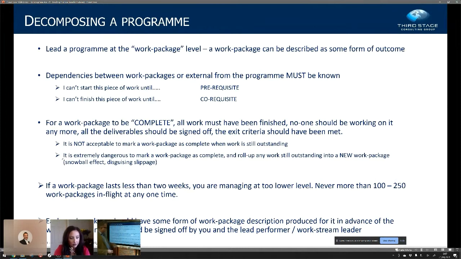Now, there's a classic bow wave story that I tell, which was quite early on in my career. I took over from a guy who was closing and completing work packages because he needed access to the next tranche of money to get the next work package underway. And what he was doing was rolling forward all of the work that was incomplete in the work package he was currently working on into the next work package.